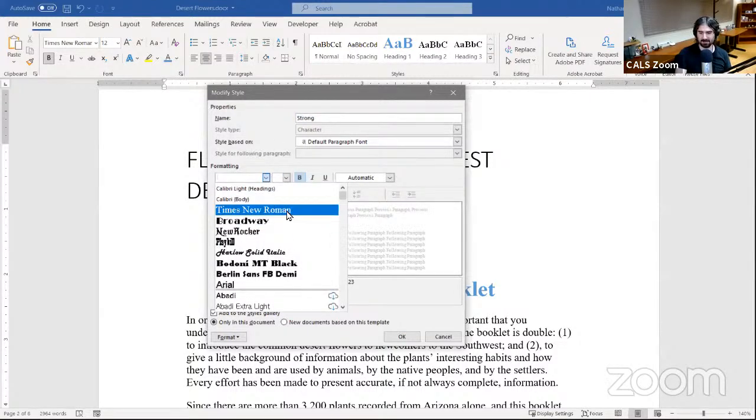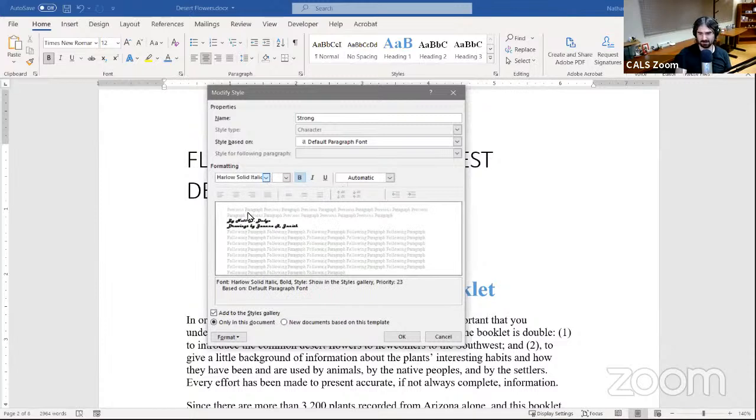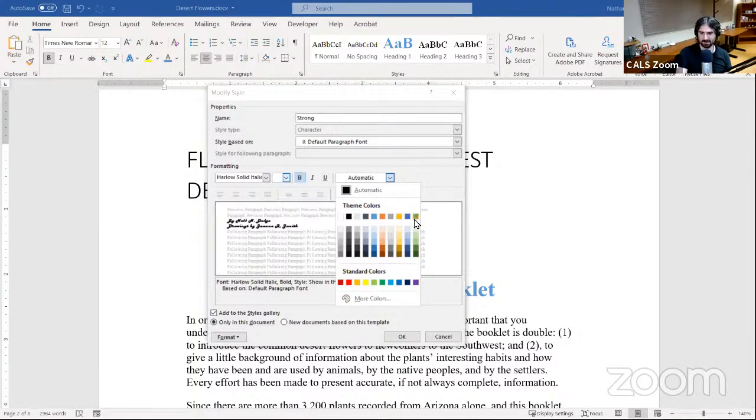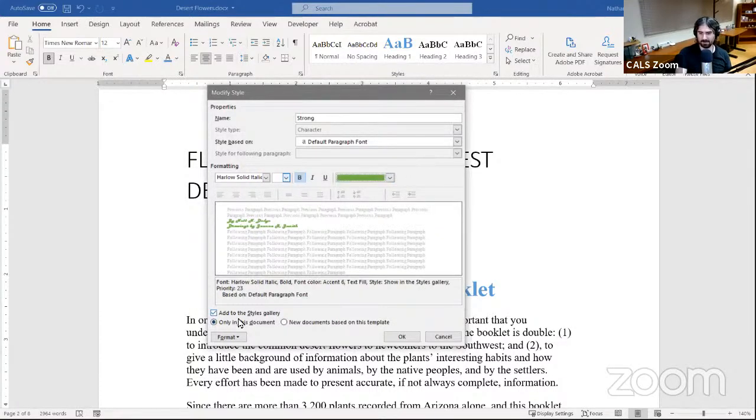So if I wanted it to be a different font, and down here where it says Automatic, let's make it green. And so I can change these. You've got your alignment options here, your spacing and so forth. And then if I click Format, I've got a bunch of additional options here. Because this is based on the default paragraph font, I don't have all of the possible options for this Strong style, but